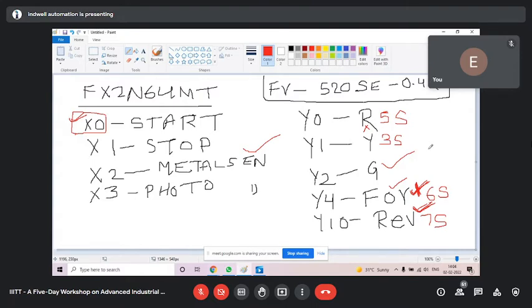Vishal, correct. But for this project, you keep X1 and C because it is an NO type push button. Listen first, everyone. Everyone has made it correct. The modification, I told you: green and proximity sensor we have to add here. So you are all making it correct.